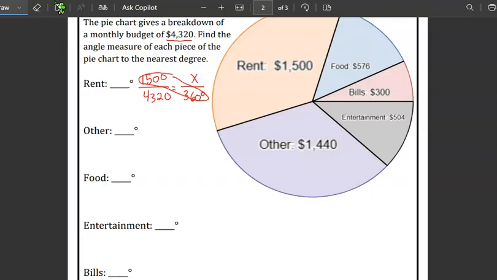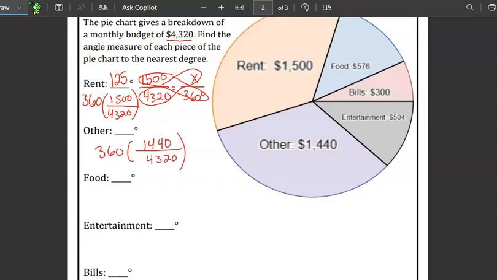You cross multiply these. Also in this case known as multiply 360 times the fraction 1,500 over 4,320. That's going to give us 125 degrees. For other, we'll multiply 360 times 1,440 over 4,320, which gives us 120. For food,